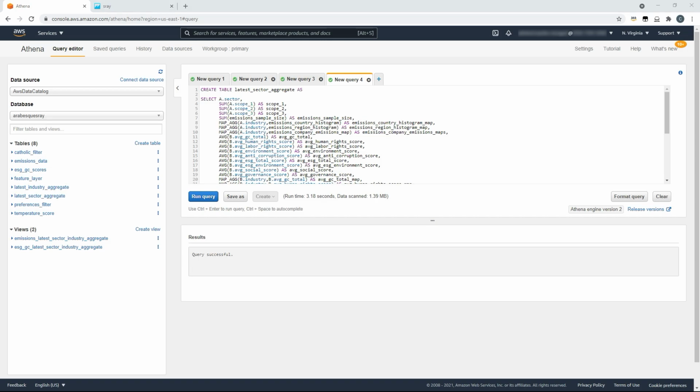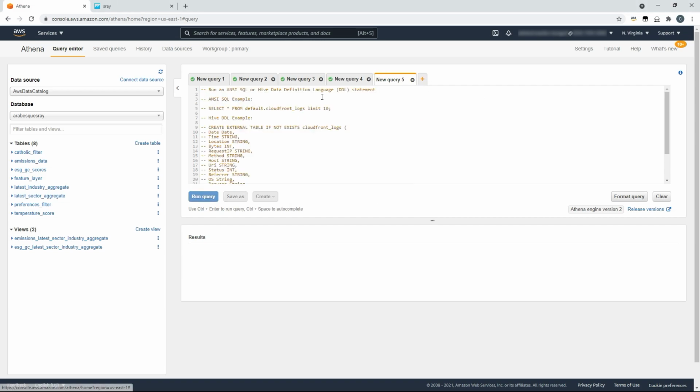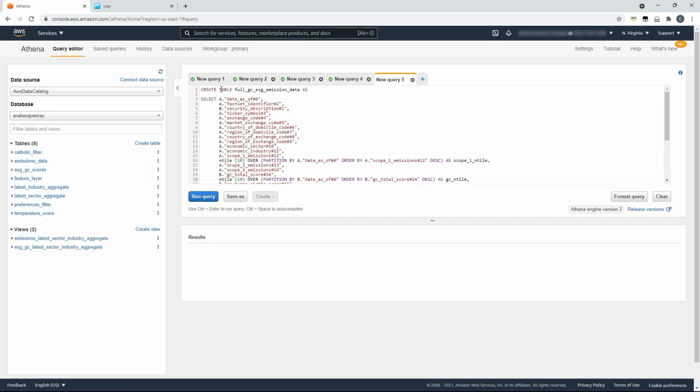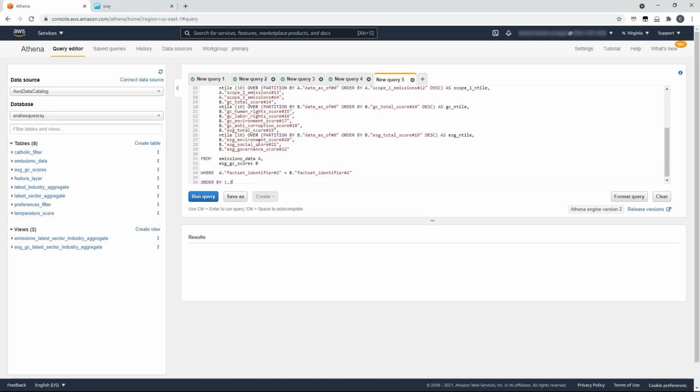Now that we've got latest sector and industry aggregates, we might actually want to join the fuller data sets for emissions and ESG scores. To do that, we can use a conditional join. So here, again, we're going to create a separate table from the original table so that our users can query that direct. We're going to include many and various fields from the emissions data and the ESG scores data, and we're going to include them where the FactSet or company identifier in table A is the same as the